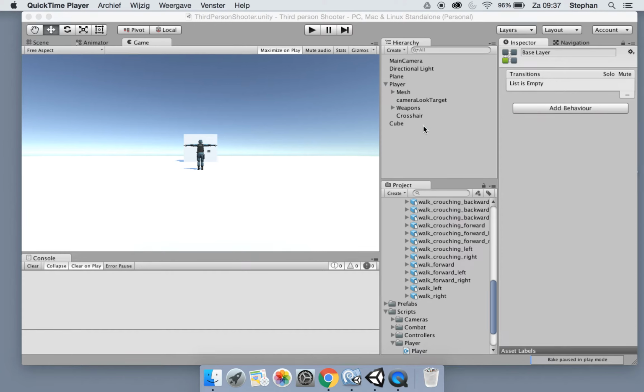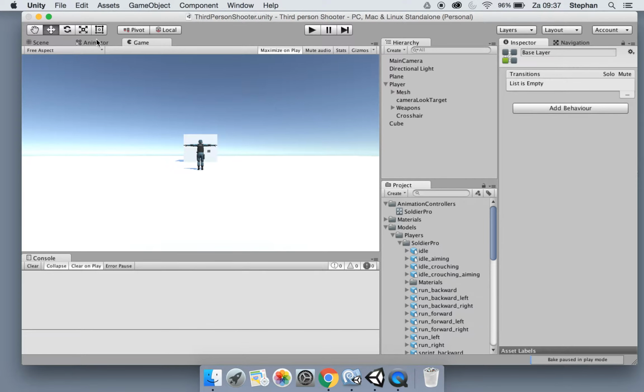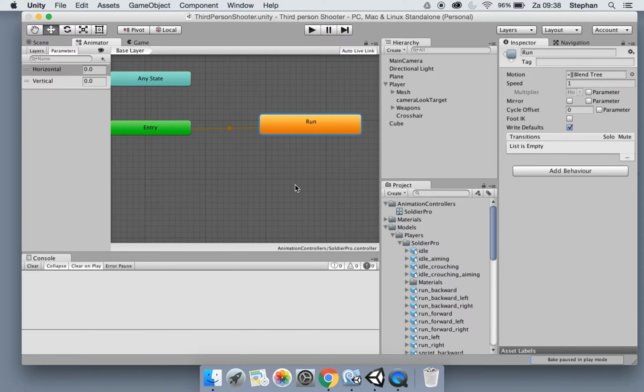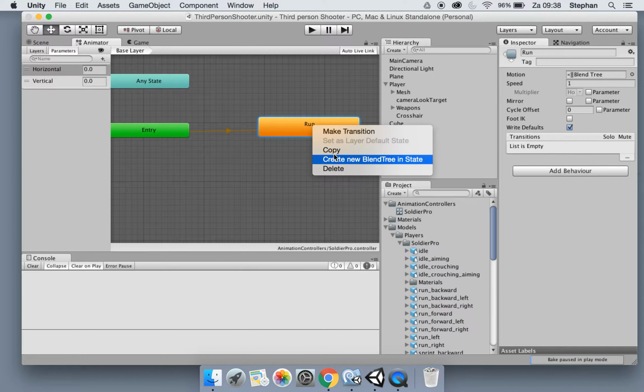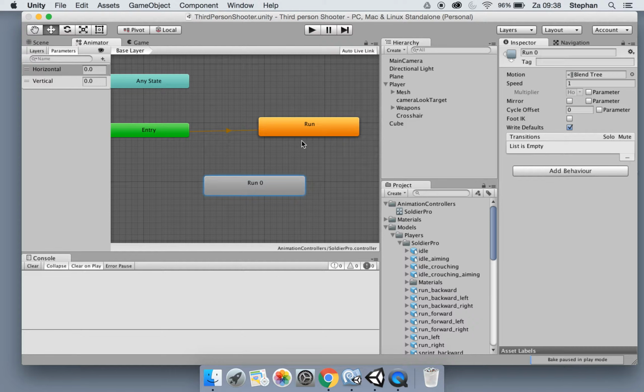Okay, let's continue adding more animations to our animation controller. The next animation we're going to do is walking, and to do so you simply select run, copy the blend tree and then paste it. Then it will copy everything from the blend tree. Let's name it walk,